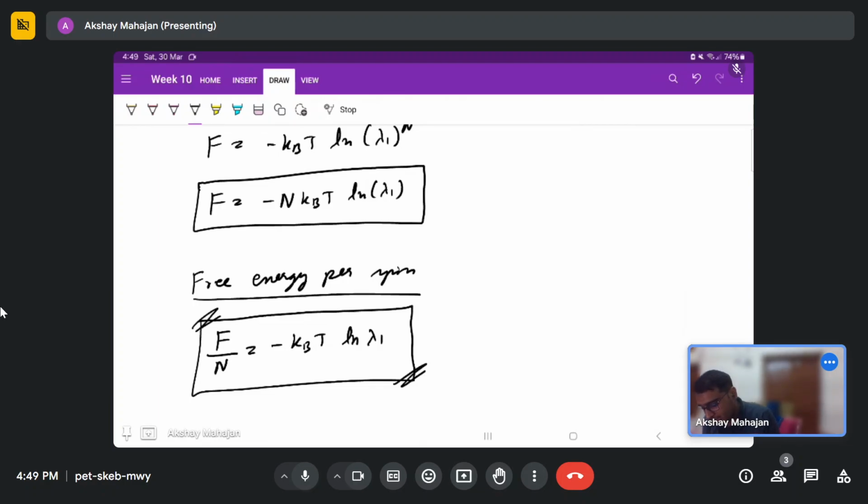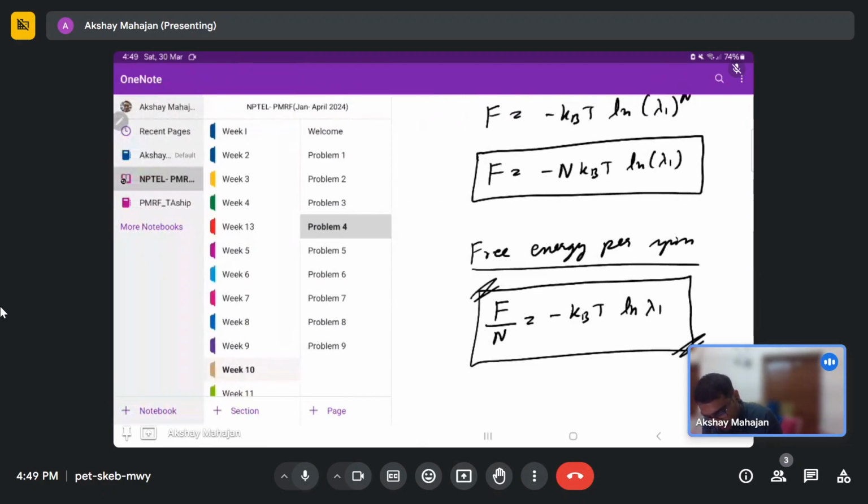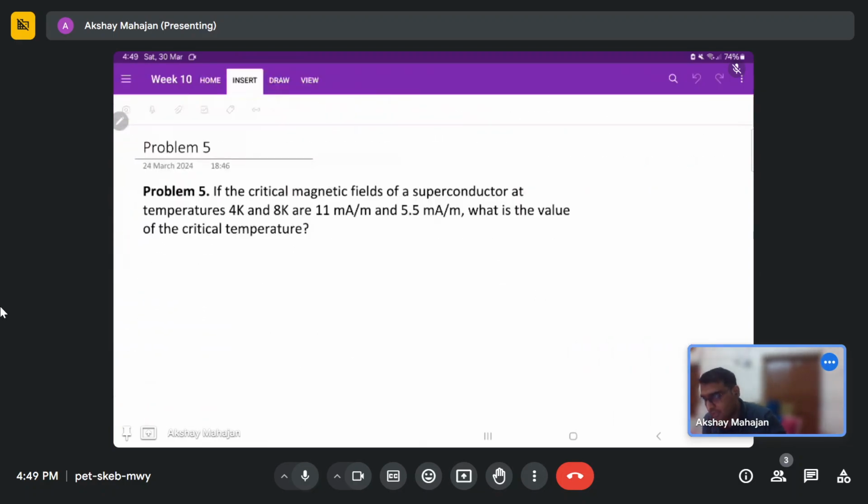Alright, okay, then let's move on to problem number 5. In problem number 5, this is related to superconductivity. So in problem number 5, what is asked is if the critical magnetic fields of a superconductor at temperature 4 Kelvin and 8 Kelvin are 11 milliampere per meter and 5.5 milliampere per meter, then what is the value of the critical temperature? So for this